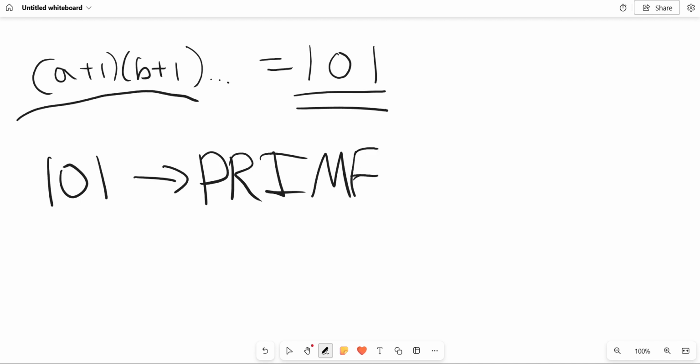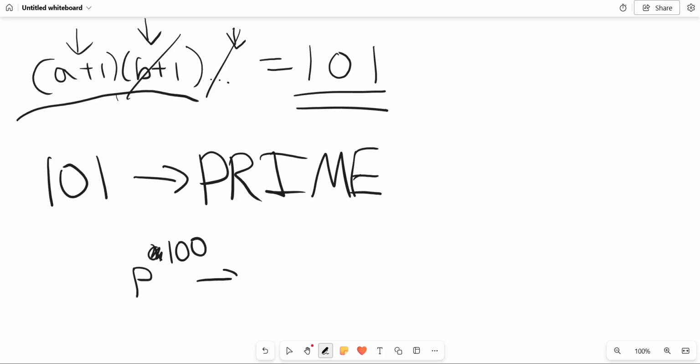Which means to make 101, one of these has to be 101. And then the rest has to be 1, right? So know that it's really just one prime number p to the power of a, or to the power of 100 would just have 101